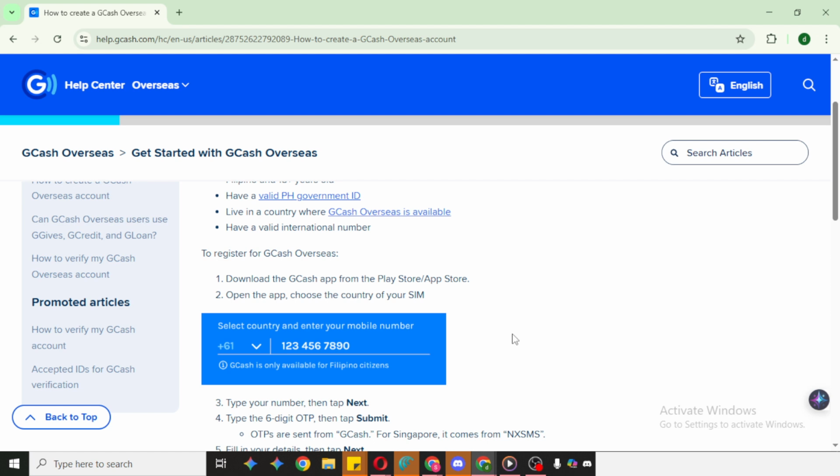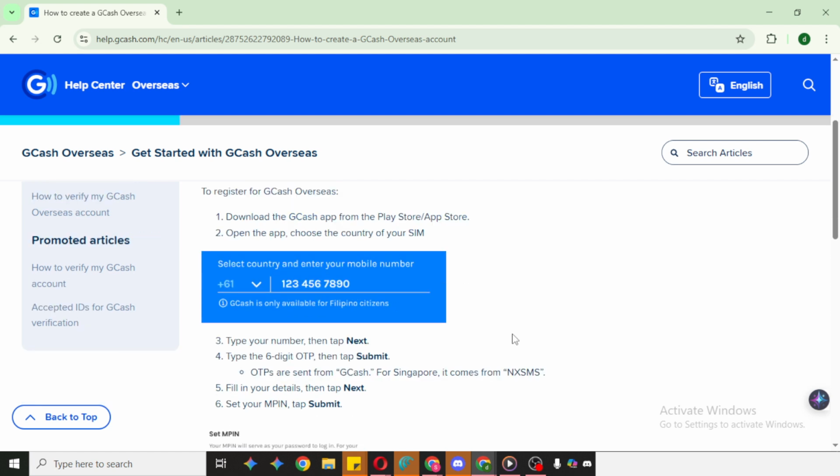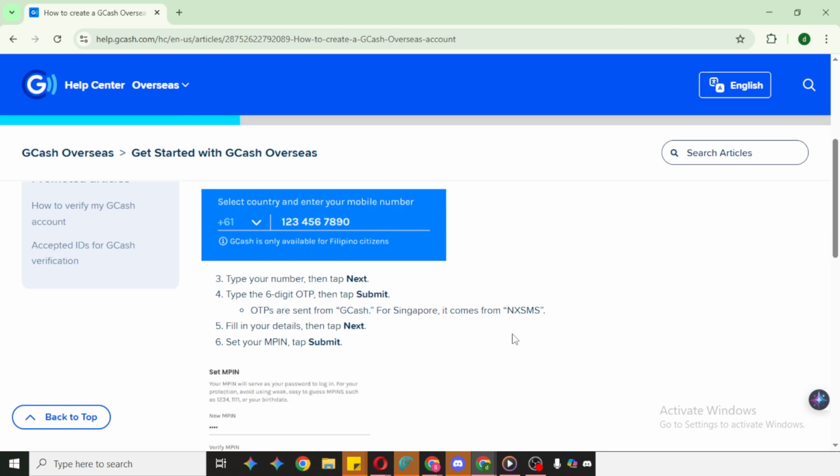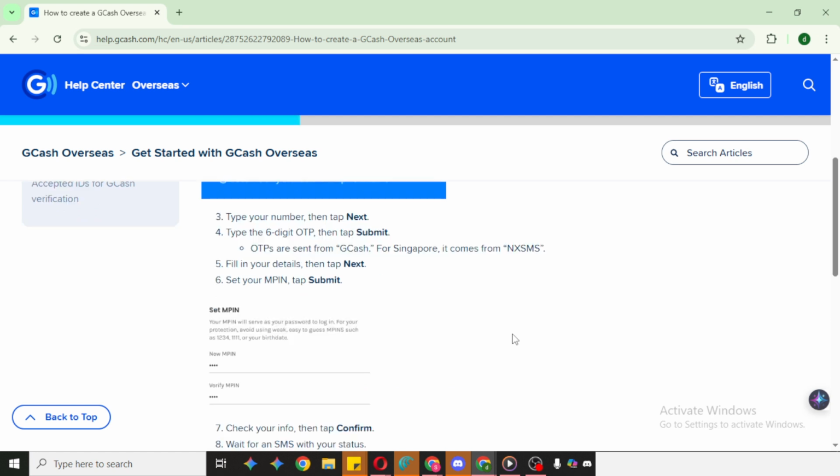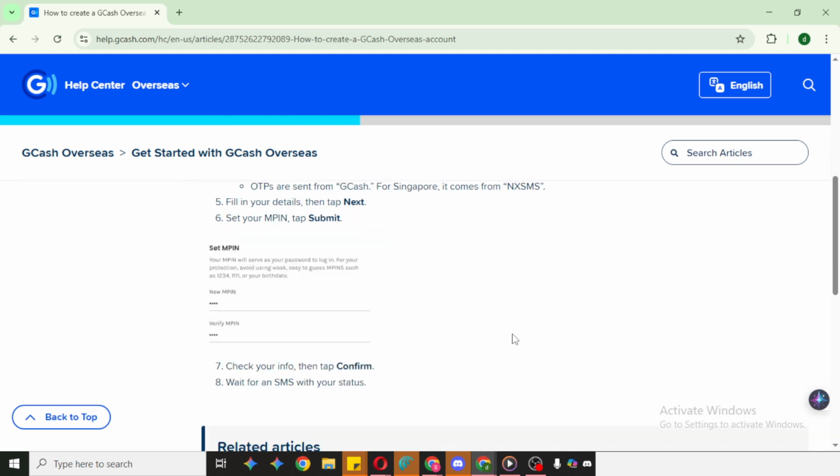A stable internet connection will make the process smoother, and keeping the Help Center page open in another tab is handy if you want to double-check steps as you go. When you're unsure about something, pause and reread the section. Most common issues can be avoided by matching the format they request, like entering names and dates exactly as shown on your ID. If you still have questions or run into anything unclear, scroll to the support area and select